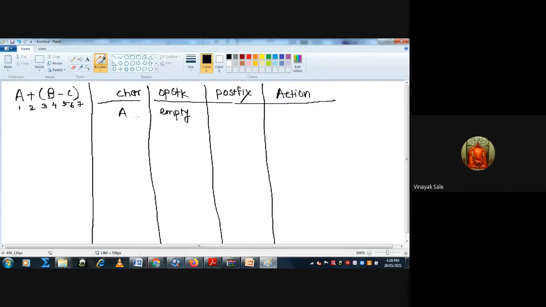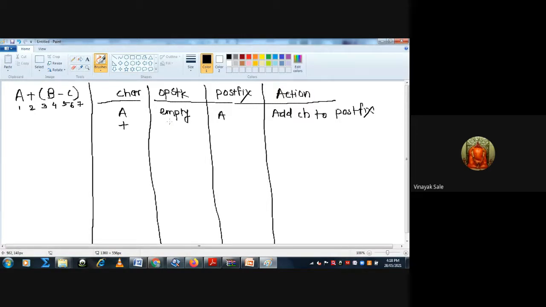So first the operation stack is empty. Then here the action is add character to postfix. Add the character to postfix first. Then we have entered a symbol, that is the operator plus.